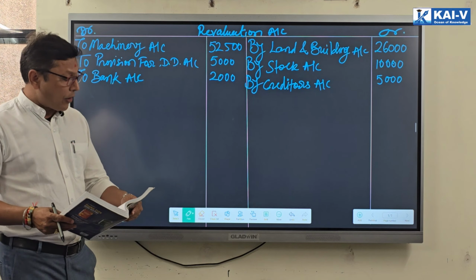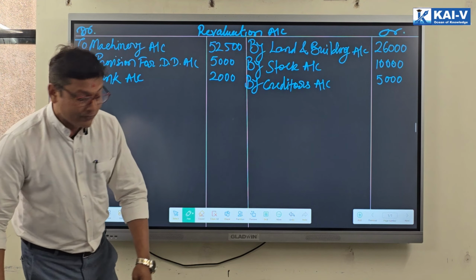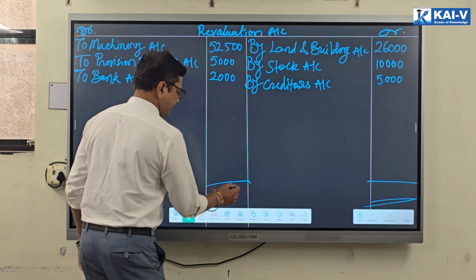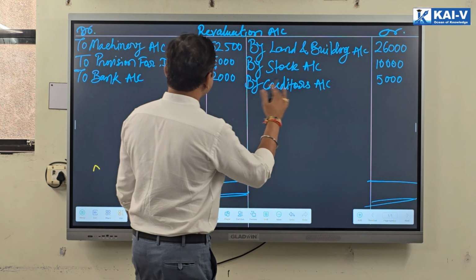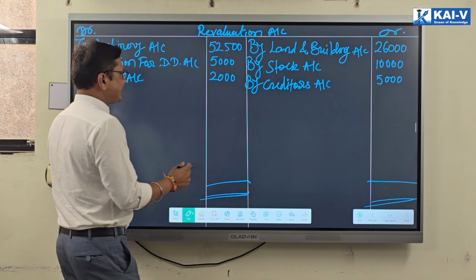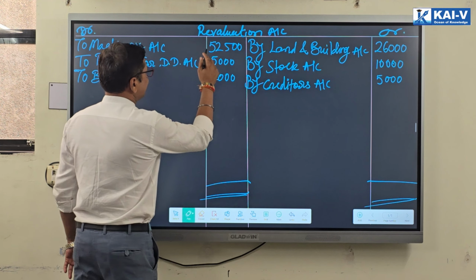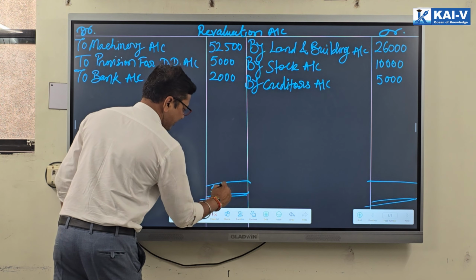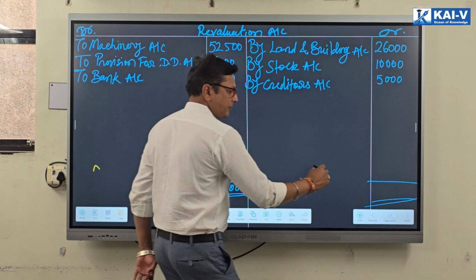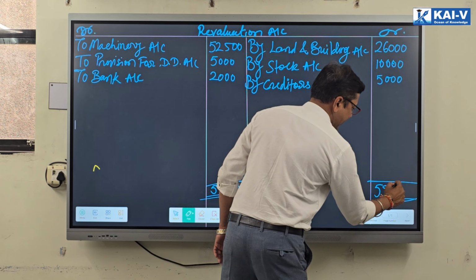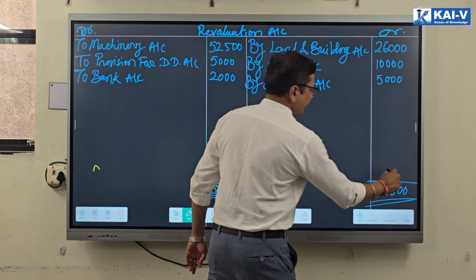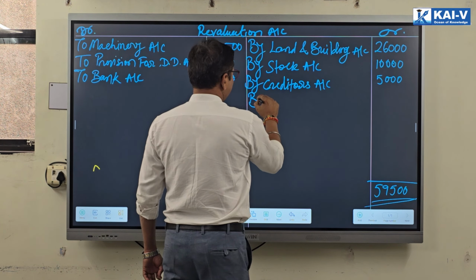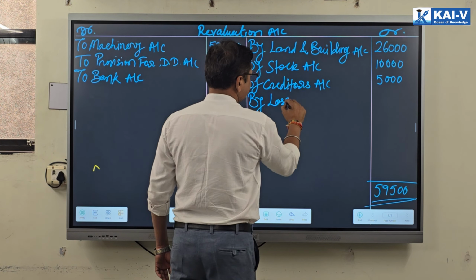वी कैन फाइंड आउट प्रॉफिट और लॉस आउट ऑफ दिस रिवैल्यूएशन ऑफ असेट्स एंड रीअसेसमेंट ऑफ लायबिलिटीज. ठीक है. कौन सी साइड का टोटल ज्यादा दिख रहा है आपको? दिस साइड. डेबिट साइड टोटल इज मोर देन इवन क्रेडिट साइड. सो इट विल बी 52 plus 5 57 plus 2 59,500. करेक्ट? 59,500. Out of this 59,500, we have to deduct this, then we can get loss out of revaluation by loss